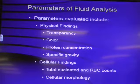What's a good way to look at transparency? Type paper on it. Right, and try to read through the paper, right? Now, if you're dealing with a little tiny tube, that can be difficult sometimes, but that's one of the ways to do it. Also, you look at the color. If it's real red in color, what do you think you got in there? Probably hemorrhage. Okay. What if it's green? Could be bile. You might have bowel part